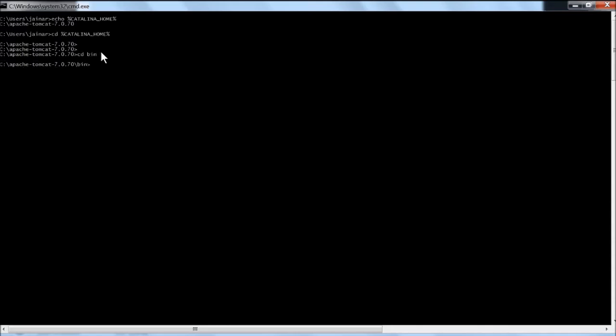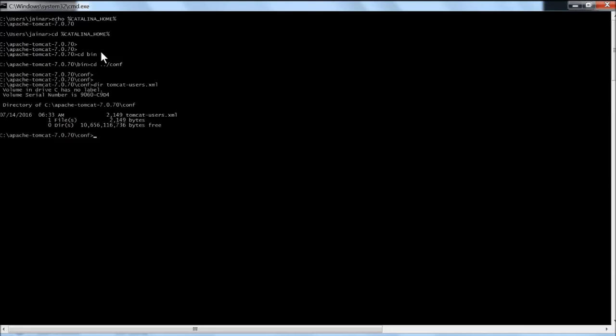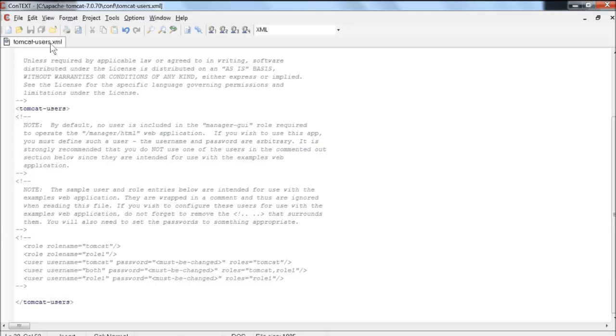Then you have to go to bin. This is your Tomcat binary folder where you will find all the exes. Your XML files will be in conf, and if you see, there is a file, right? Let's open this file in one of the editors, and see if we have any entry here or not. This is the file which we opened from our Catalina home and then conf. You can see the path here. If you see, there is no entry available for a user which can be used to log into your admin console.